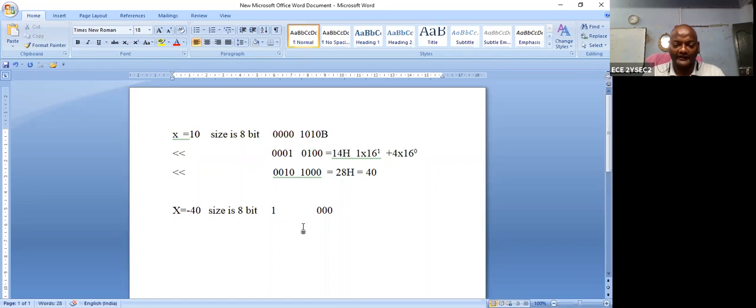What is this value? 1. So what I'm saying, you can take the value up to where you get the 1. Up to the first 1, you can take it as is. From now onwards, after you get the 1, from this point you change to the 1's complement. So 0 should be converted into 1 and 1 should be converted into 0.